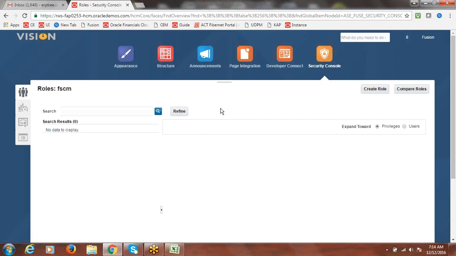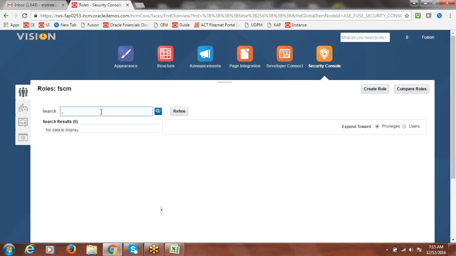Now, in the earlier example, what duty role did we have? The duty role is nothing but the invoice creation duty. By selecting that duty role, we created a custom role. Now we require the same duty role, but within that we want to do some modifications. We know very well that whatever Oracle provides as seeded, we should not disturb. If you want to do any changes to the seeded one, we have to make a copy, and in the copied one you can do any required changes. So this is the security console.